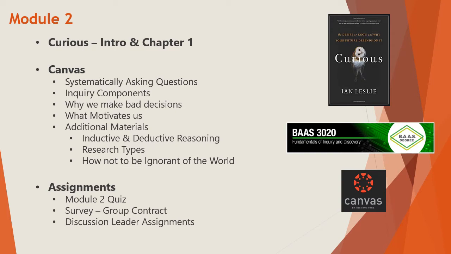Sorry, I keep saying week instead of module. Depending upon whether you're a full semester 16-week or a shorter course, the modules may not correlate to a week. If you're in a shorter course, you typically have 2 modules per week. If you're in a normal semester, you have 1 module per week, so module 2 would be week 2 in a full semester course.